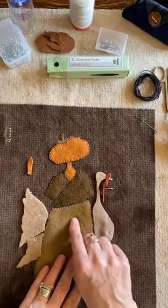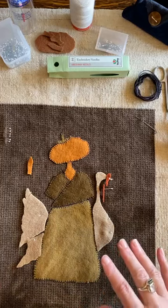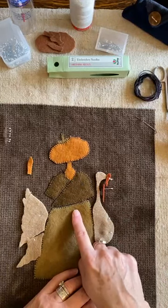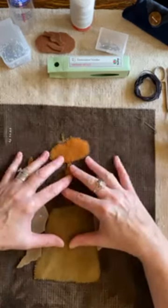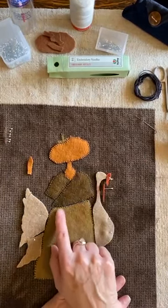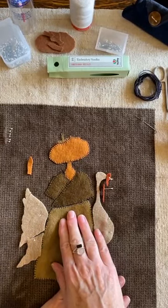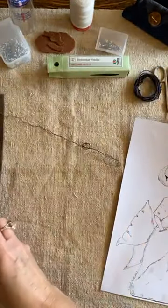First, the skirt and the shawl. Typically, I don't like to overlap my wool when I'm doing wool applique because I feel like it makes things bumpy. But actually, this shawl is going to need to overlap this skirt because I don't like how it looks where they meet up. When we go to stitch this project from the beginning, I'm going to overlap the shawl onto the skirt. But as you can see, this is how it looks if you butt them up against each other. And if you like this look better, you can do that. I'm going to try it with overlapping the shawl onto the skirt so it looks more like this. Okay? All right, let's go through